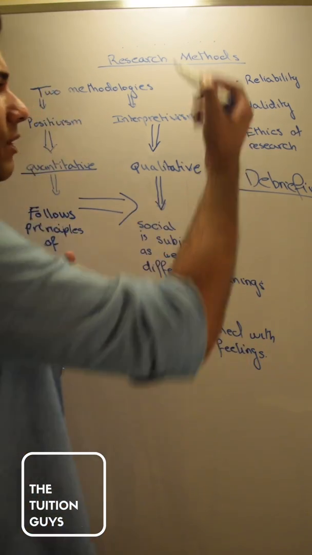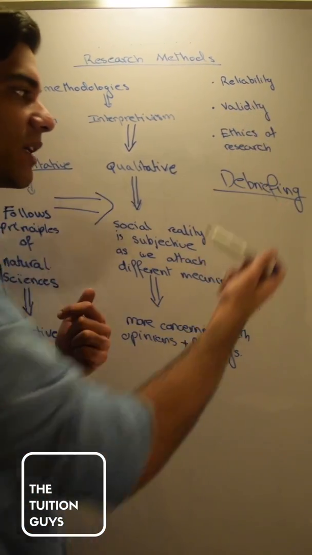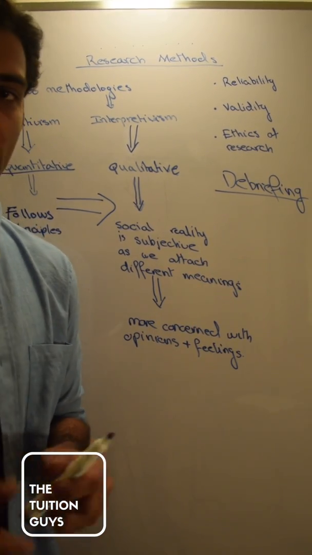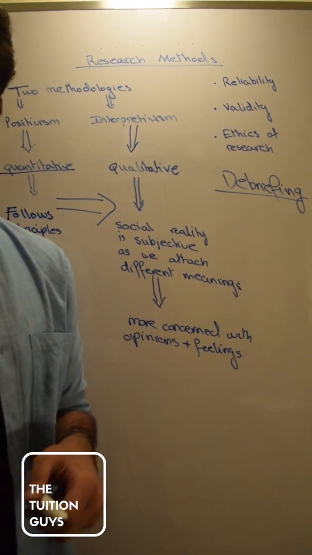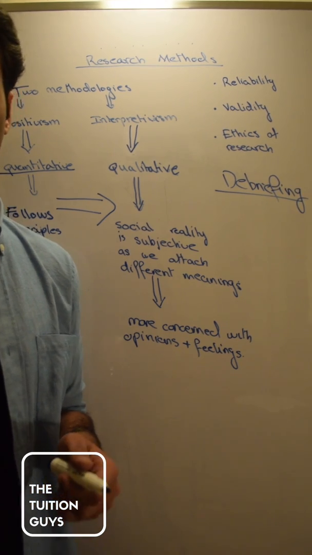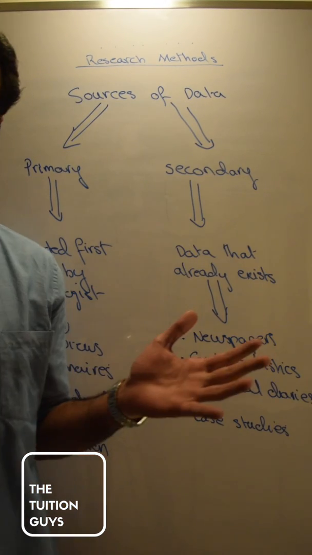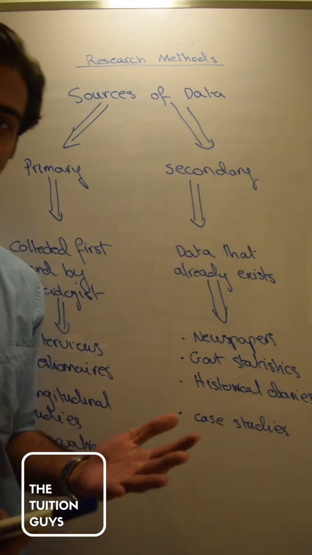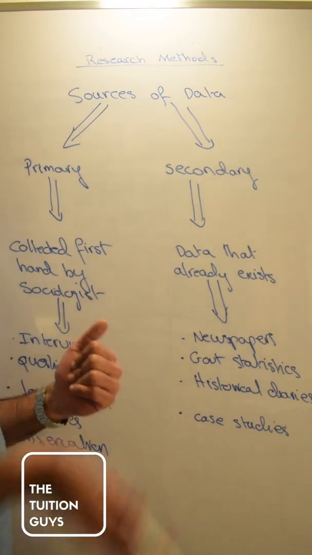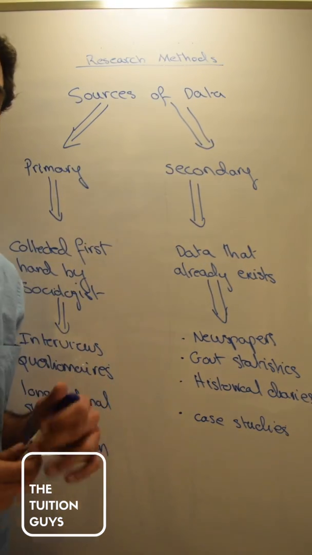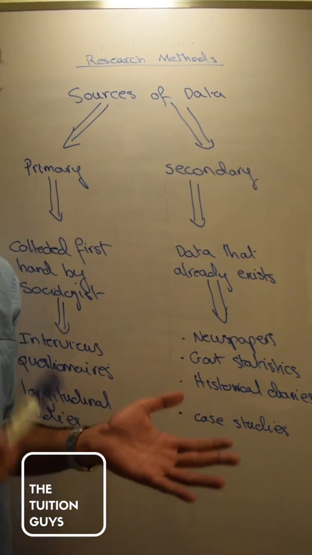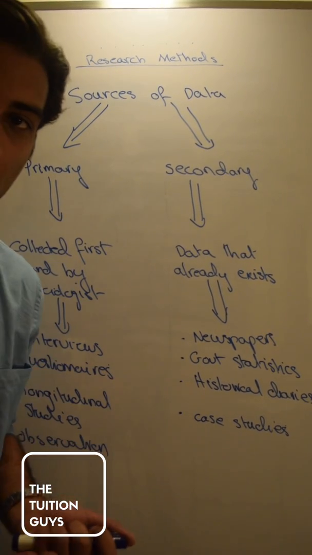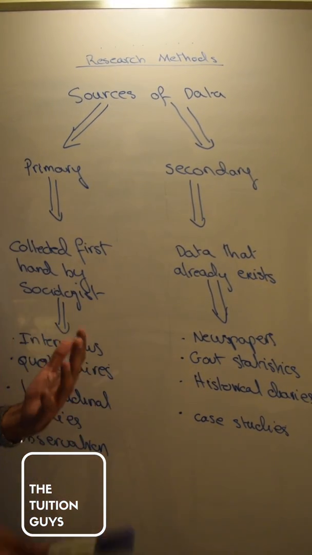like that. So reliability, validity, and ethics of research are three important principles that sociologists have to keep in mind at all times when carrying out sociological research. Having covered the two research methodologies and the three principles that sociologists must keep in mind, now we will cover sources of data. When carrying out sociological research and trying to get information, sociologists have access to two different